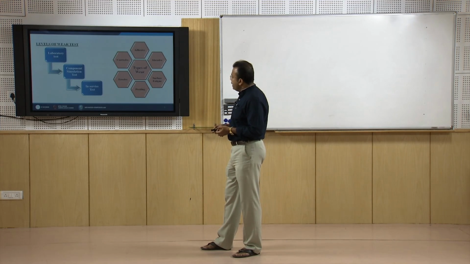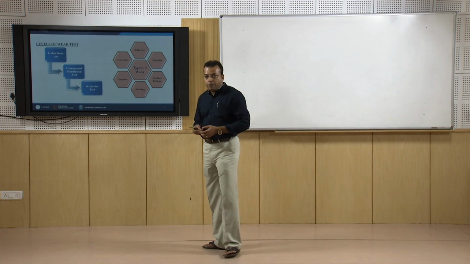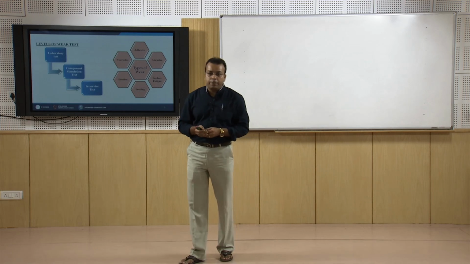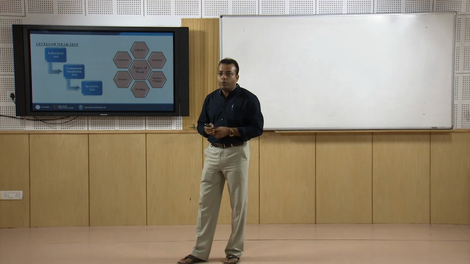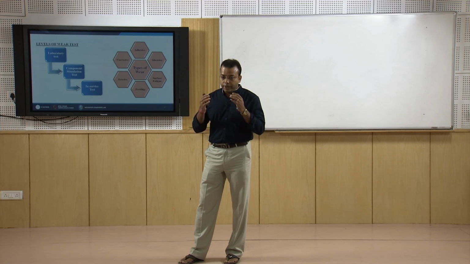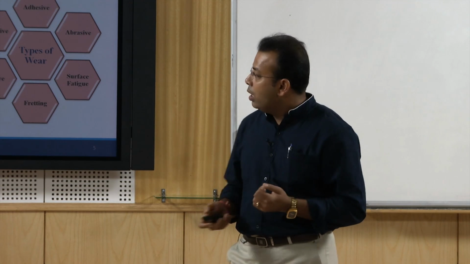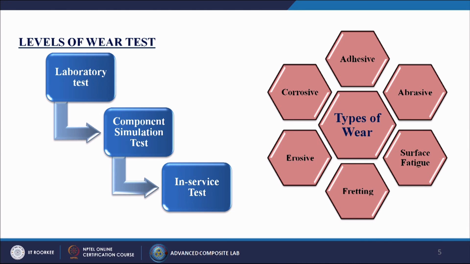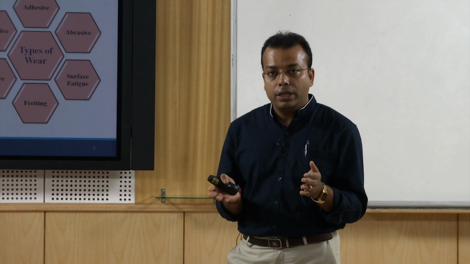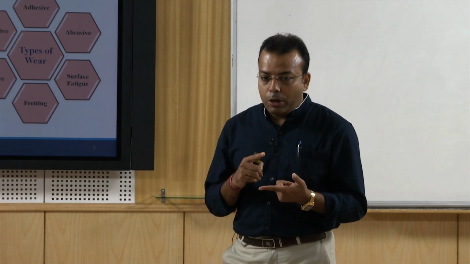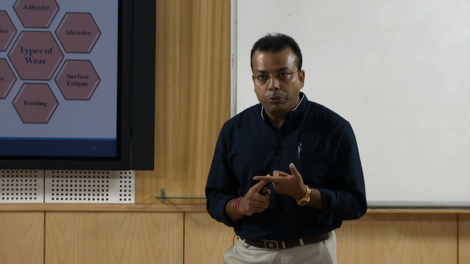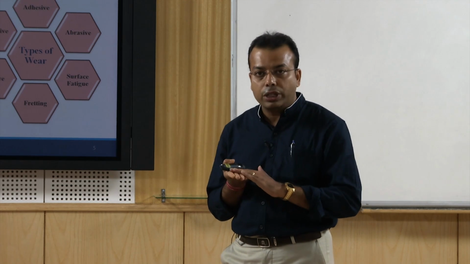Next slide, it is divided actually into two parts. The left hand side depends upon the level of wear test, which means if there is some wear, how we can measure those wear. First is called the laboratory test. There are several types of applications or laboratory equipments by which we can test this kind of wear. Number one is called the profilometer,